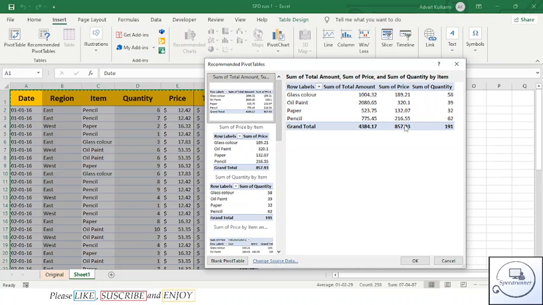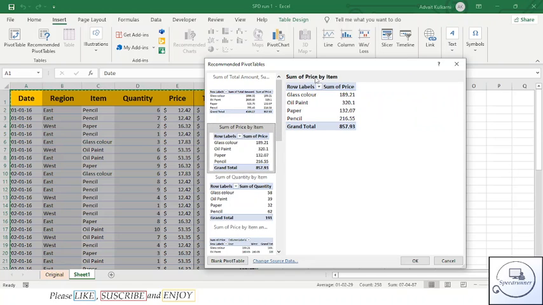Afterwards we have sum of price, and then we have sum of quantity. Next we have sum of price by item. So here under the row labels we can get glass color, oil paint, paper, pencil, and the sum of prices in total.